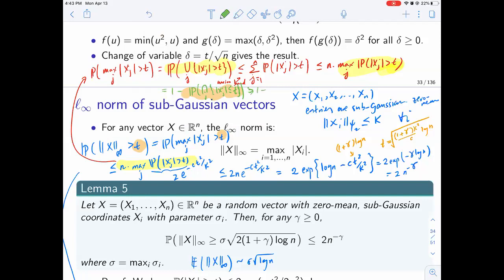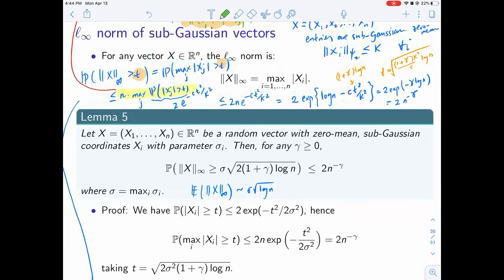So this would be bigger than, say, 1 minus something small. The t that works in that case would be the opposite statement, so it would be a small deviation bound. You want to find a t such that the probability that the maximum of xj is bigger than t holds with high probability. How small do I need to take t such that I'm sure the maximum is bigger than that? If you want to prove a lower bound, here we are showing that this is of the order sigma root log n. If you want to show that this is bigger than or equal to sigma root log n as well,